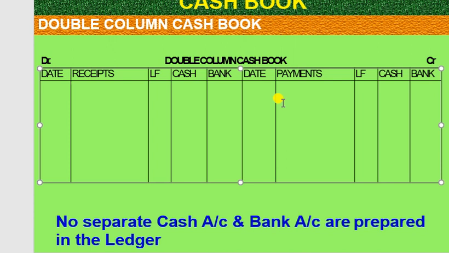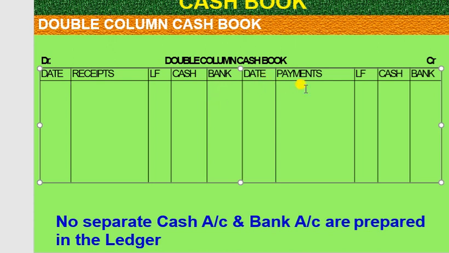In contra entries, very important, cash deposited into the bank. In this type of transaction, you just write the journal entry. So for cash deposited into the bank, what will be the journal entry? Bank account debit to cash. Always if the item starts with "To," it will come on the credit side, so you will write here "To cash," but the amount will be written in the bank column.